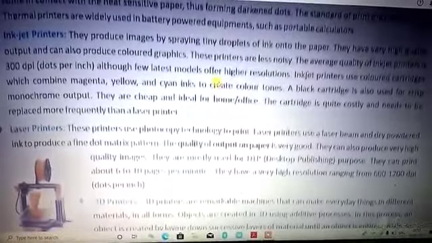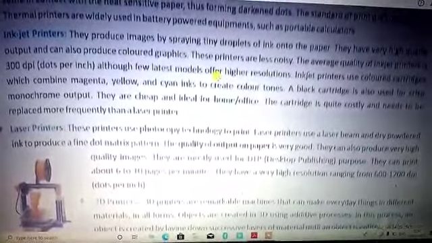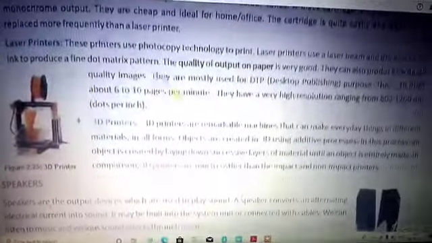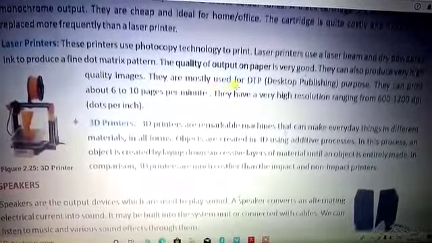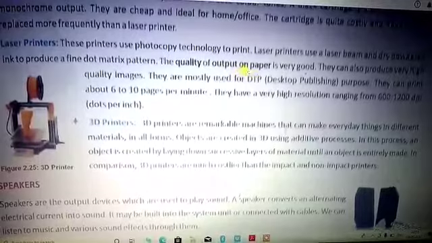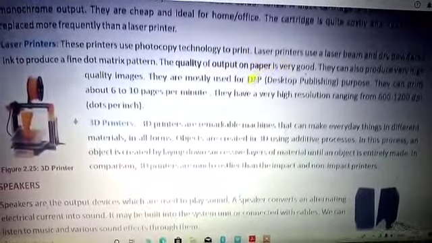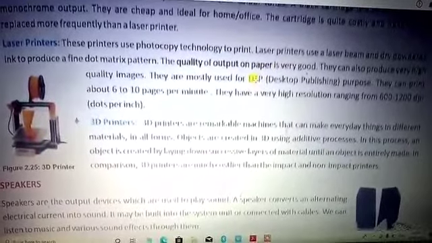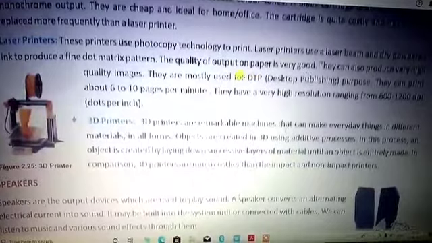Most offices use this kind of printer, but for better quality there is the laser printer, which contains the toner in the form of black carbon powder. It provides a better quality of output, and you can see the output quality is very good. The same printing mechanism is associated with the laser printer.